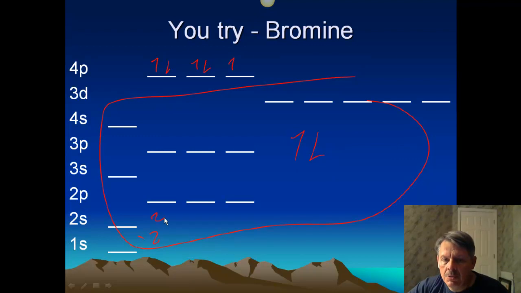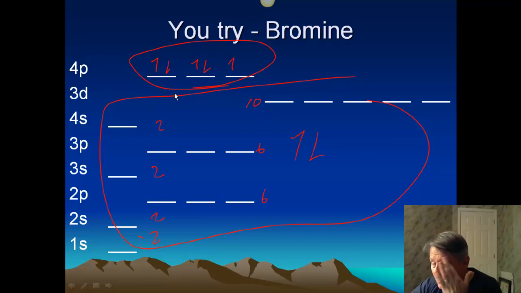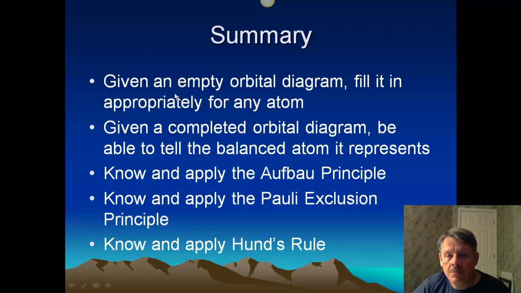Let's see. There are 2 here, 2 here, 6 there. That's a total of 10. 2 here, 6 here, 2 here. That's a total of 20. There are 10 here. That's a total of 30. There are 5 electrons showing up there. That's a total of 35. This all makes sense. All right, so given an empty orbital diagram, you should be able to fill it in appropriately